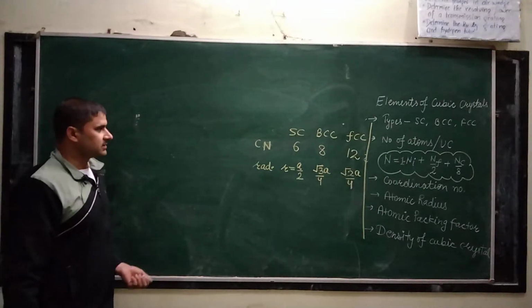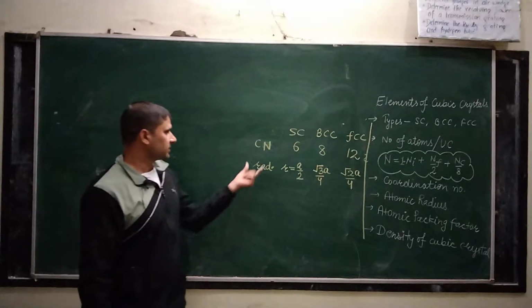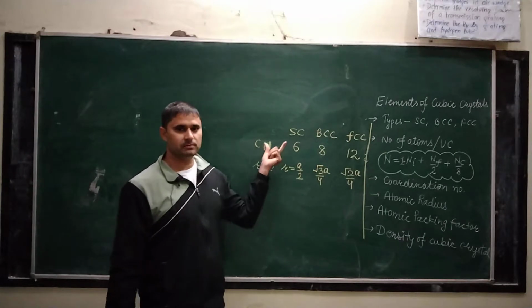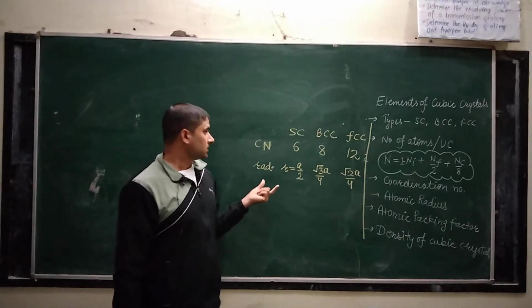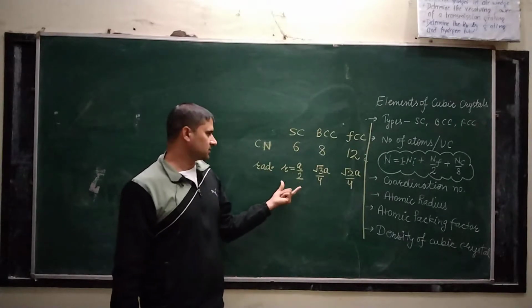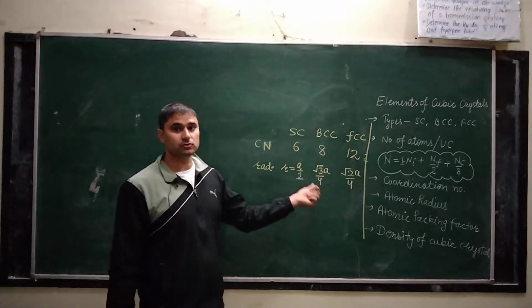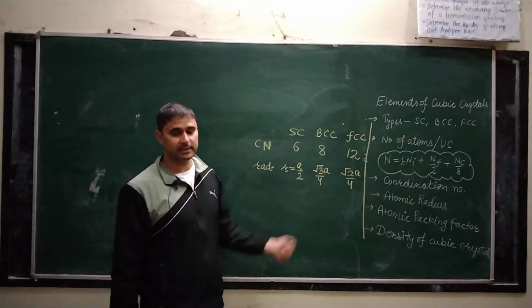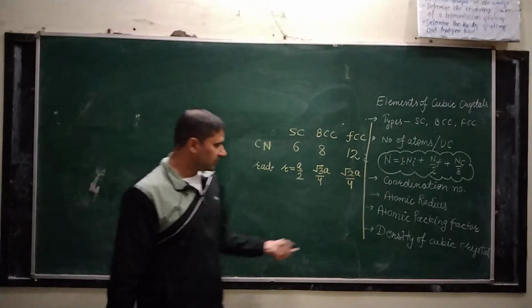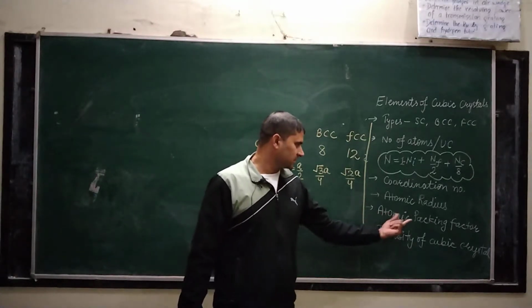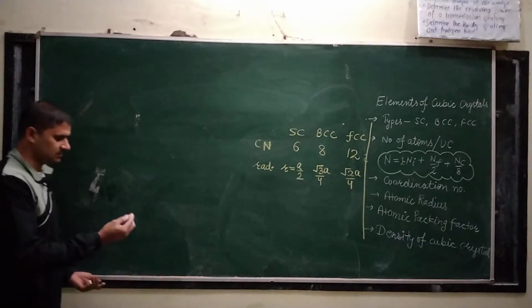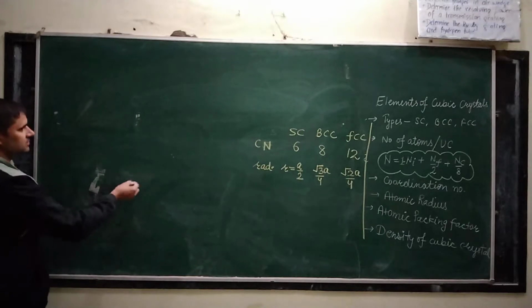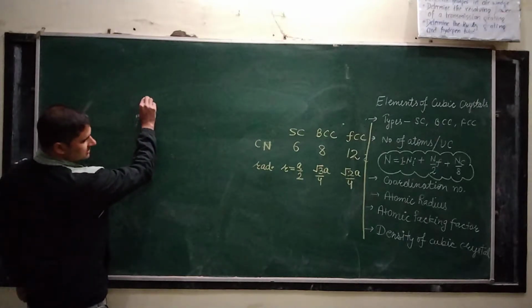So class, in the previous lecture we have seen the coordination number of simple cubic, BCC and FCC, and how the radius in simple cubic, BCC and FCC is related to the size of the cube, or lattice constant A. Okay, now we will discuss the atomic packing factor. Packing fraction, you can simply say that. Okay, so the topic is